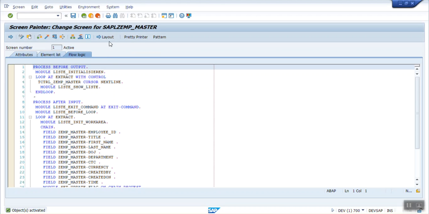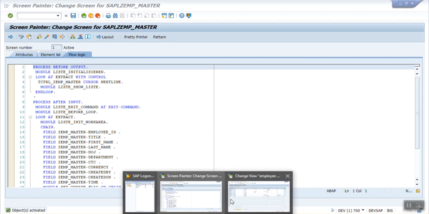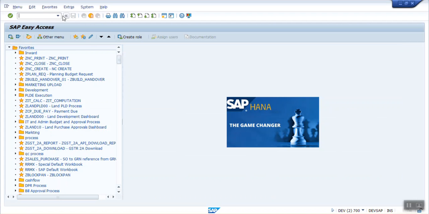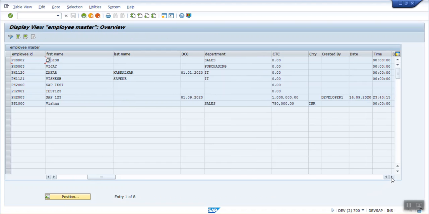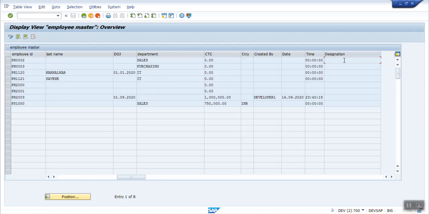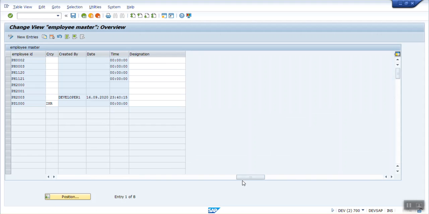Now once we add that field on the layout, we'll be able to see that field on the screen. Let me come out of this screen and go in again. Okay, it is here. What I want to show first is that as we have added the field on the screen, if you enter any value, it will disappear. Because the one important part after adding the field on the screen is that we have to add that field